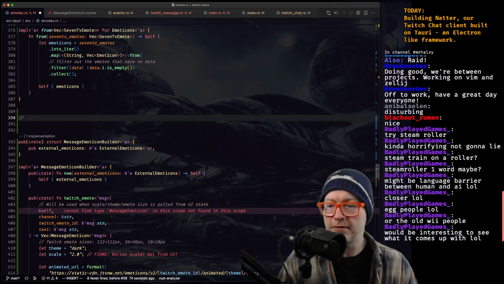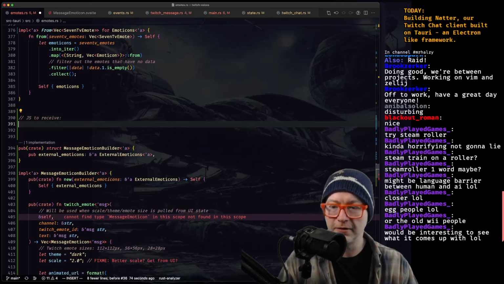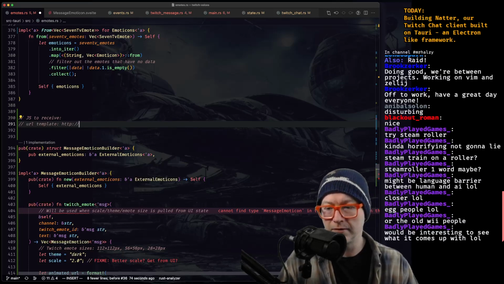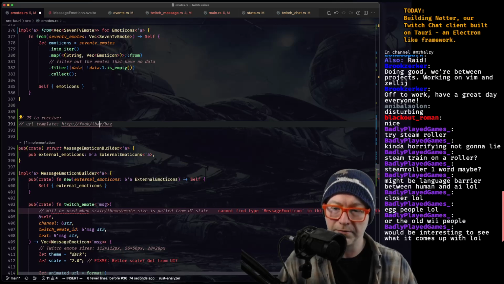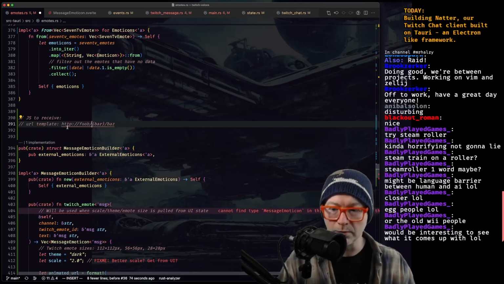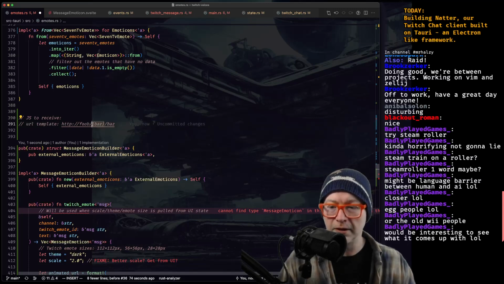Do we want JavaScript just to receive? It needs to have a URL template. Right, and we need some sort of interesting tokens in there, right? So maybe we do it similar to how Rust does it, where we could look for certain strings and replace them, right?